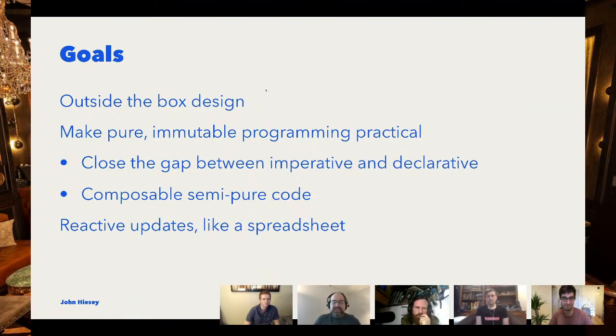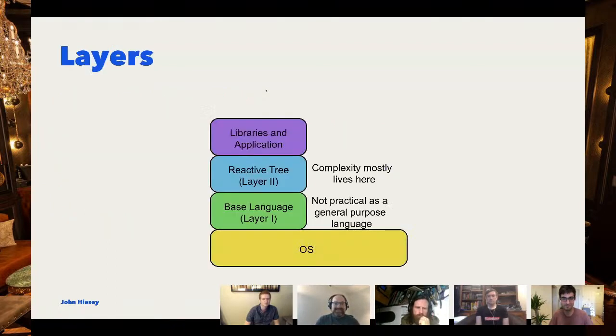You'll see what I mean. So pure would mean that any function just computes a result and does nothing else. And my language is not quite pure, but it's close. You'll see.